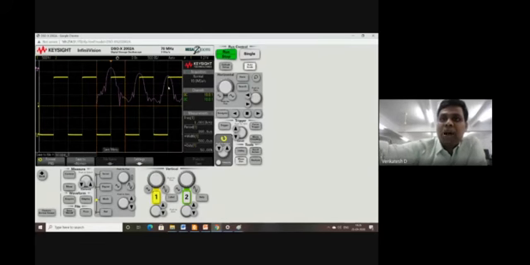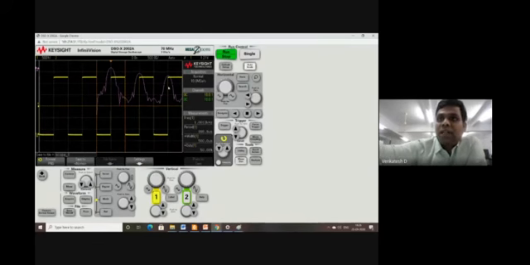You have multiple formats: a 24-bit BMP file, PNG file, CSV file, ASCII XY data, reference waveform data, multi-channel waveform data, binary data. Depending upon what tool you are going to use for the analysis, we can choose the file. If you want to access it through MATLAB, CSV could be a better option. Otherwise, if you have to put it in a report, you can store it as a bitmap or PNG image. That depends.